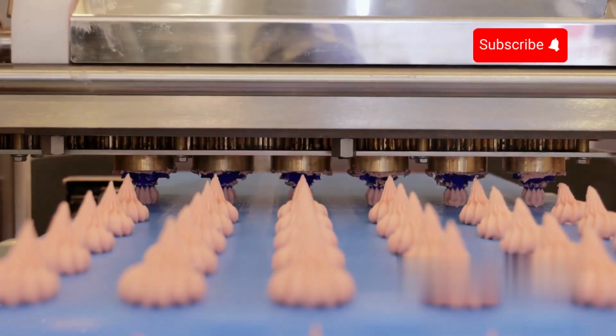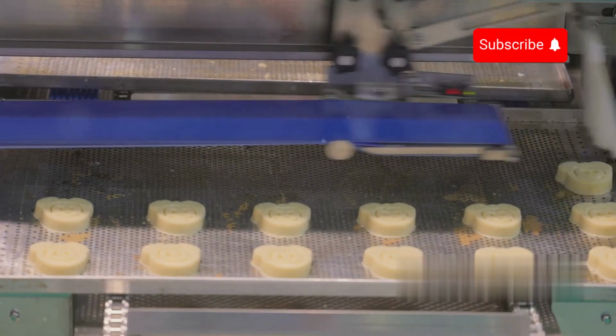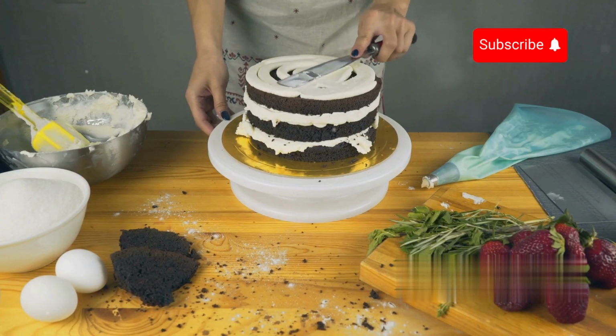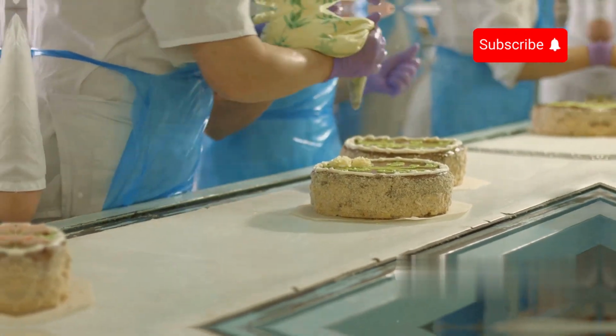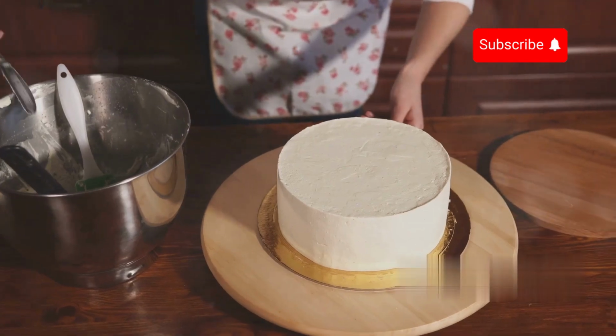All right, let's take a delicious look at this automatic cake assembly process. Here, you can see the cake layer with frosting moving along the belt, while the top layer comes from above, perfectly combining layers of cakes. Simply mesmerizing. Once we have our layered cakes firmly in place, we know it's time to frost the entire